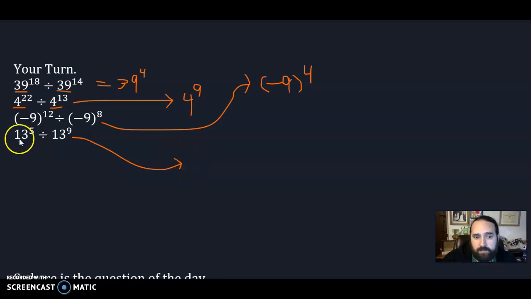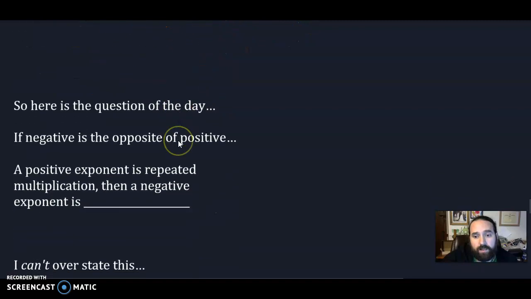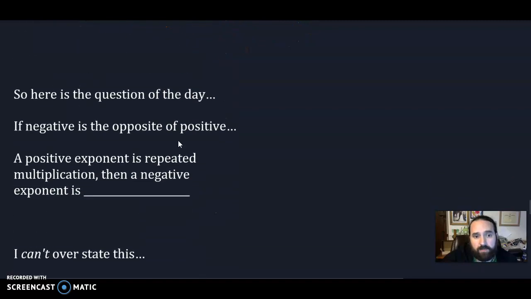This last one brought about the big thing we were looking at the end of class today on Tuesday. So 13 to the 5th divided by 13 to the 9th. We keep our base of 13. 5 minus 9 is going to give me a negative 4. So this brings us to the fact that a negative exponent can exist. Once we started subtracting, a negative was kind of inevitable. So my big question of the day for people was: